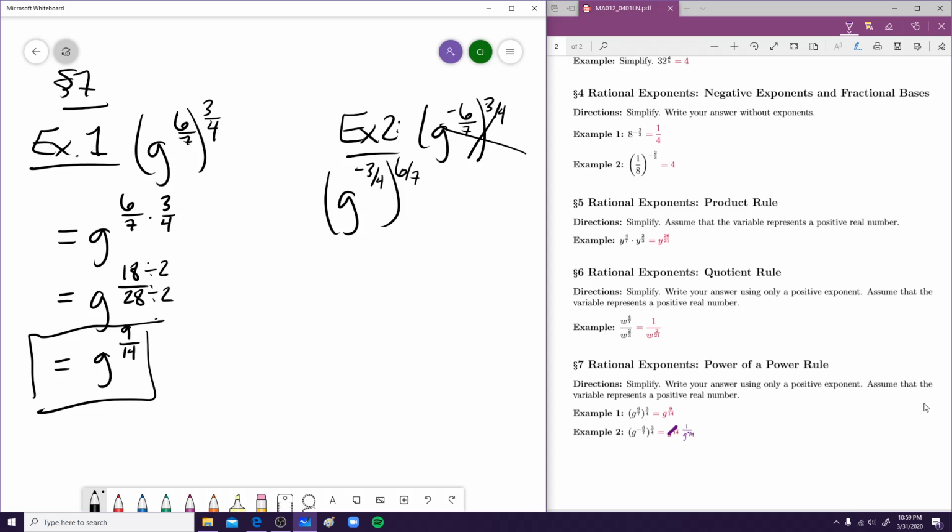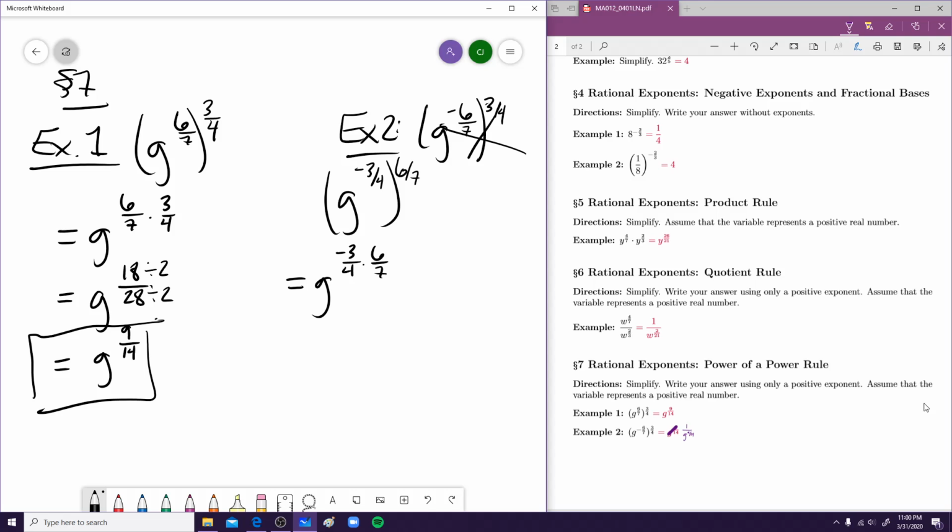So now we're still going to apply the power of a power rule because this is a power of a power. So this is going to be g to the negative 3/4 times 6/7. One thing I didn't do before, but I'll do here since we're multiplying,